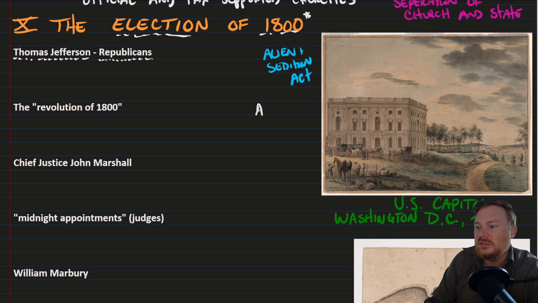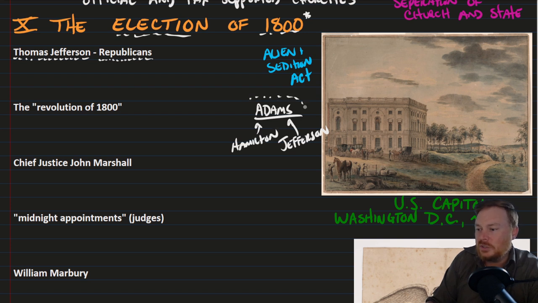So we think about the Adams presidency. Adams was facing criticism on the one side from Jefferson, but also facing criticism from the other side, Hamilton. And that didn't put John Adams in a very good position during the election of 1800, which was Adams versus Jefferson, right? Jefferson was the Republican Party, Adams was the Federalist Party. At the end of the day, John Adams was defeated. Thomas Jefferson and the Republicans won the election